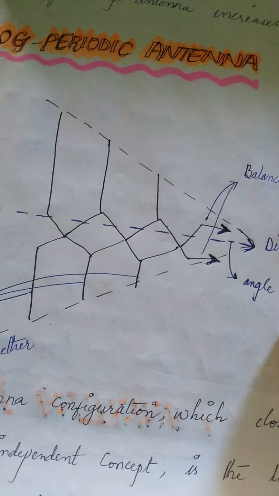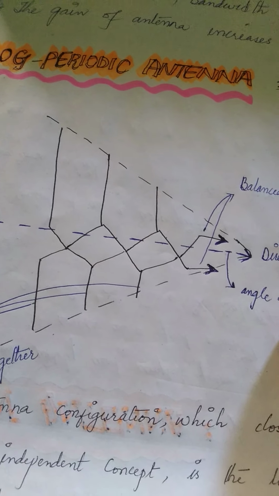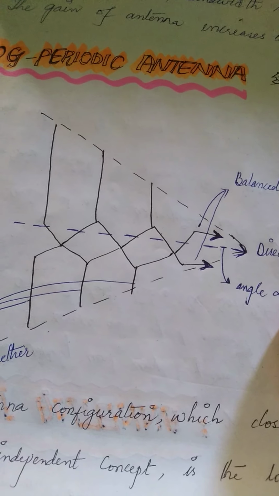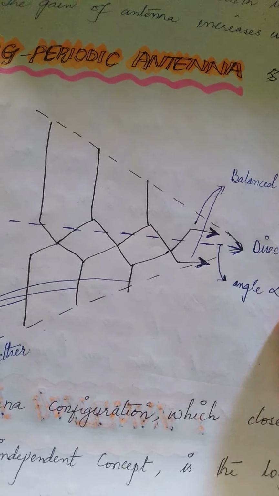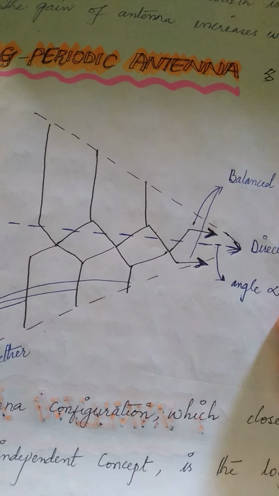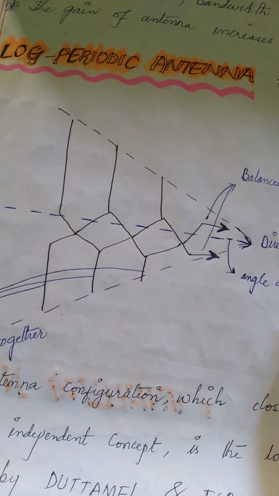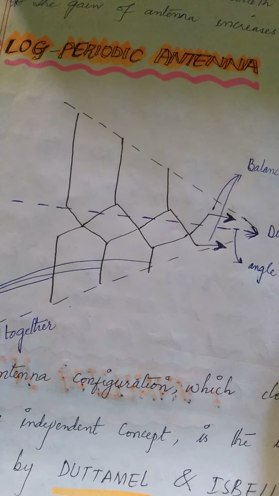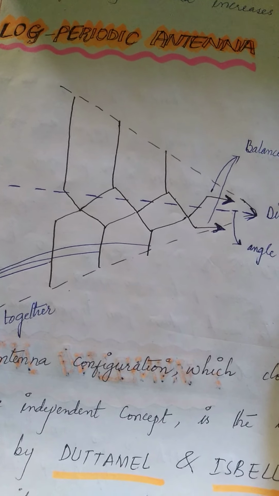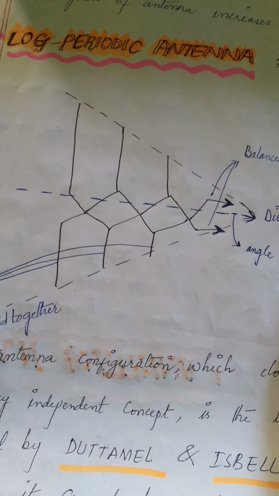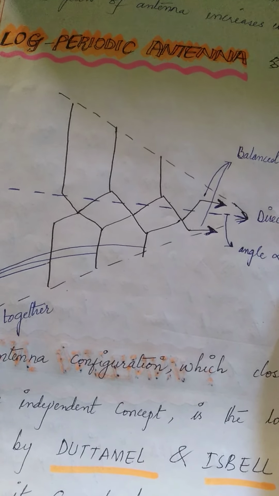The features of this antenna are that it has high bandwidth and moderate directivity, and it works for very high frequency TV receptions. The directivity of this type of log periodic antenna is also moderate, and because of all these characteristics, we can consider this type of antenna to be independent of the frequency.